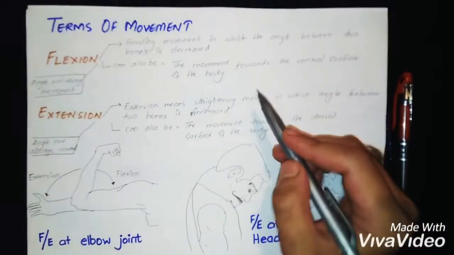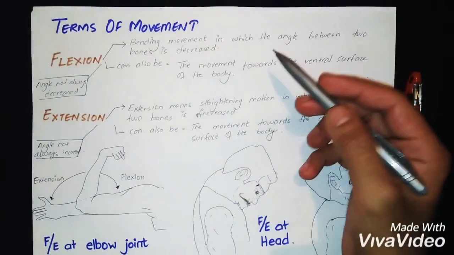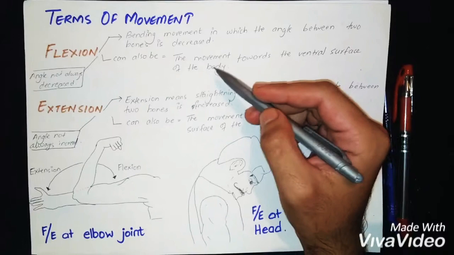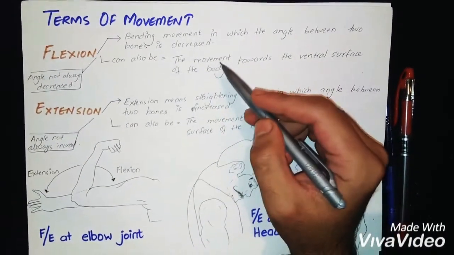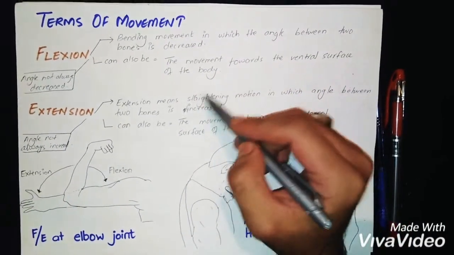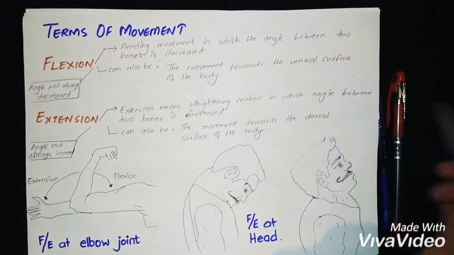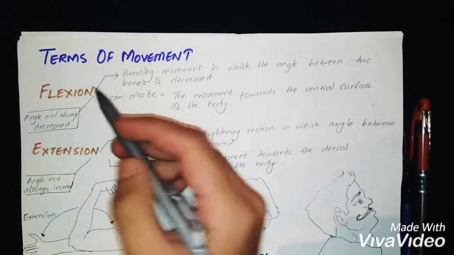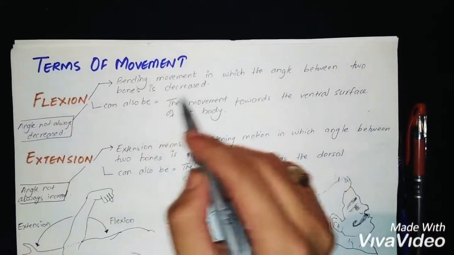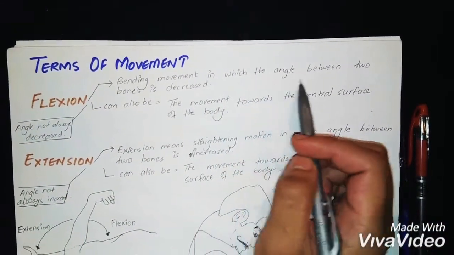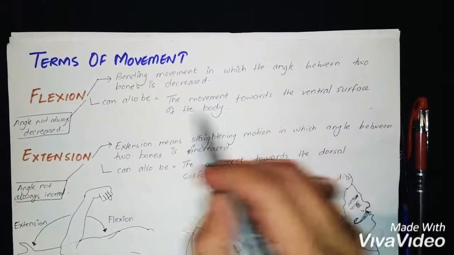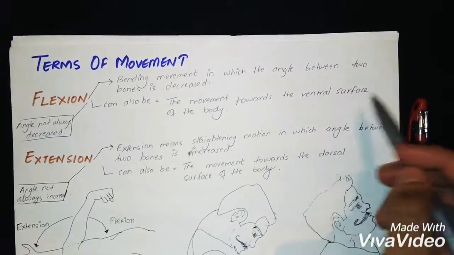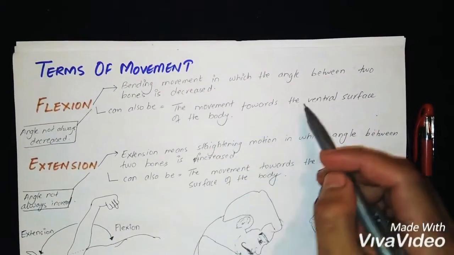Now we will see the terms of movement. Various joints of the body permit several varieties of movements, so the terms describing movements are also a necessary part of anatomic terminology or anatomical nomenclature. For example, flexion. Generally, flexion is a bending movement in which the angle between two bones is decreased. It can also be known as the movement towards the ventral surface of the body or the movement towards the anterior